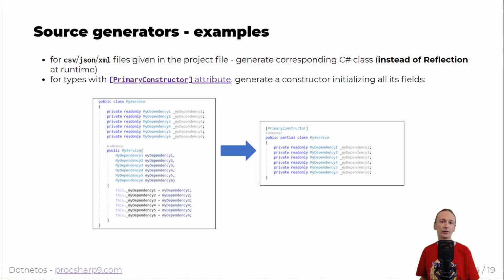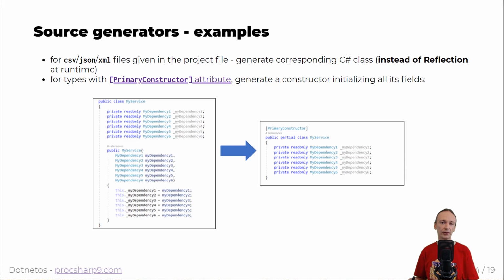Another example of source generators will be any possibility to augment your original source code. So there is, for example, a primary constructor source generator available on GitHub, and with the help of the primary constructor attribute, it will add a primary constructor to every type that is tagged with this attribute. So you will have a partial class, it needs to be partial, then some fields inside, and if you mark this class with the primary constructor attribute, and you can add this source generator as a NuGet package,